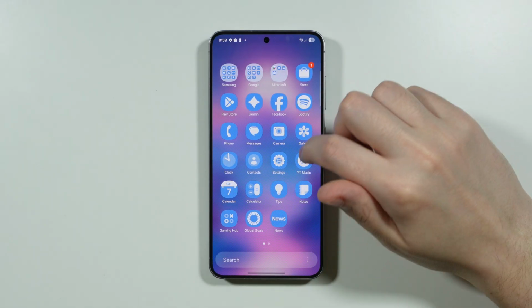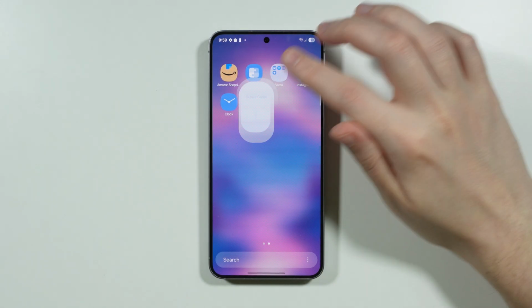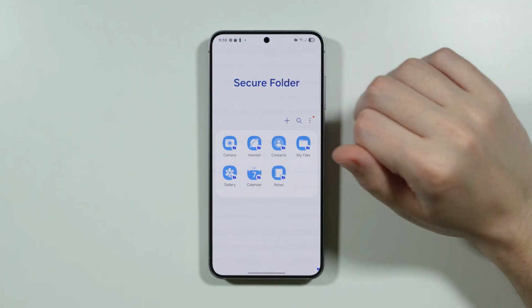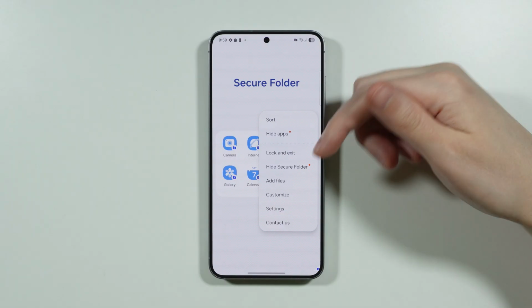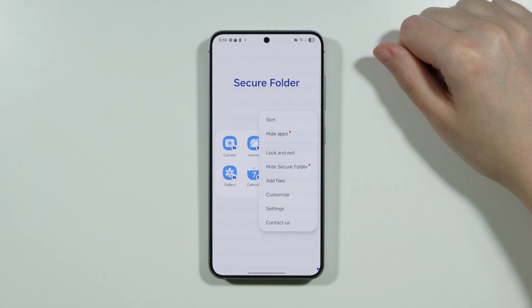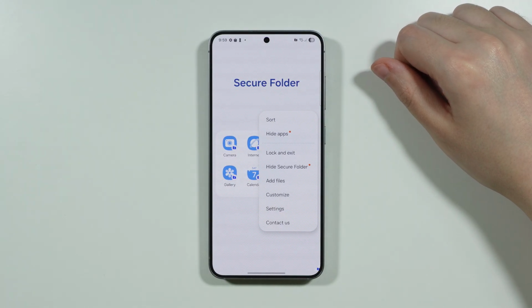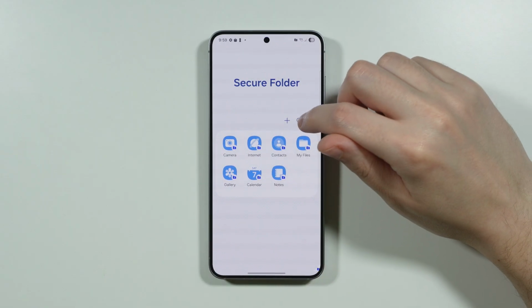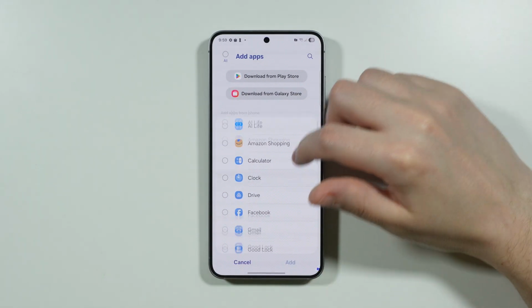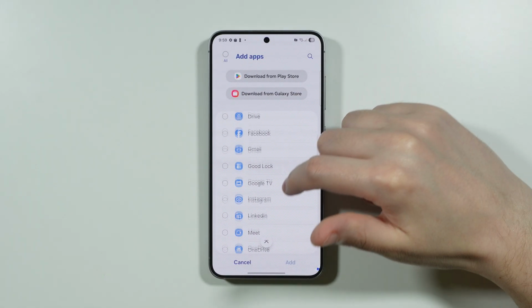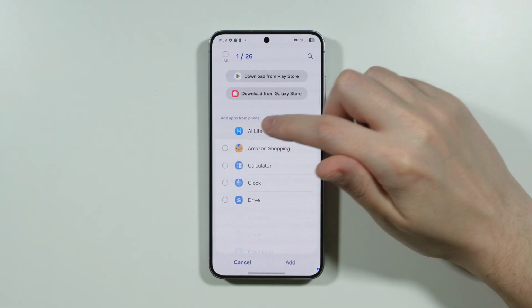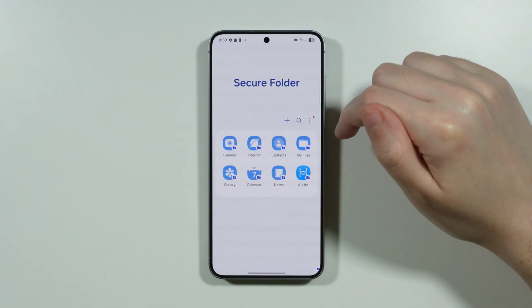Now, the secure folder can be found in the app drawer by default. And you can tap on these three dots on the right side in order to find a bunch of additional settings that you might want to use. Over here, we can also use this plus button in order to add an app into the secure folder. So let's say I'm gonna choose this app over here, and then we're gonna add it to the secure folder,